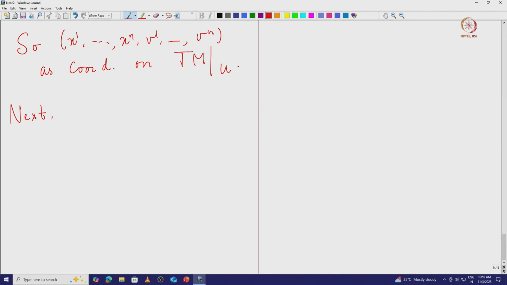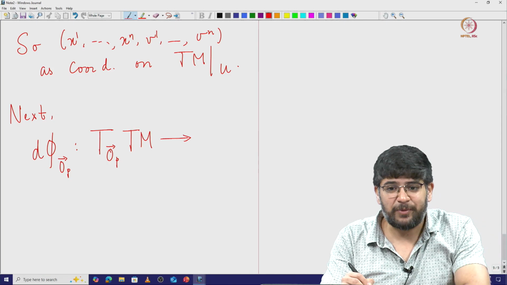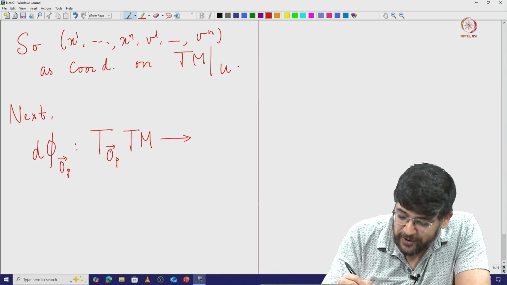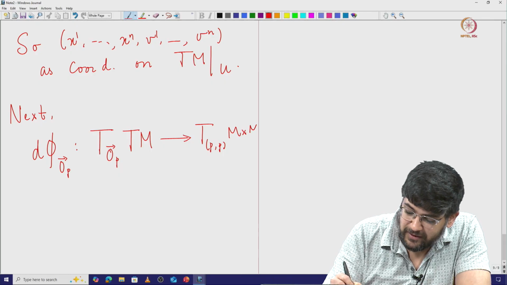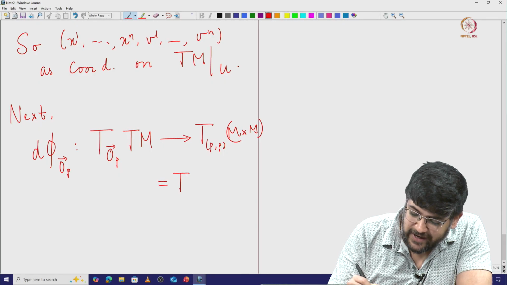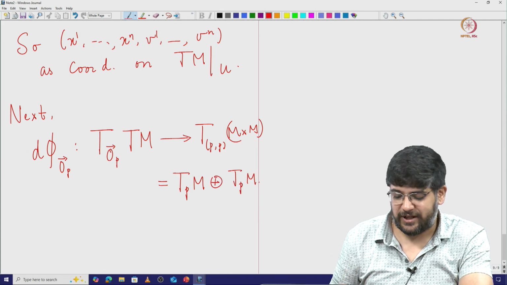Next, in order to apply the inverse function theorem, I need to prove that the derivative at 0_p is invertible. So what is the derivative map? That is basically a map from the tangent space to the tangent bundle to the tangent space to M cross M. What is the tangent space to M cross M at (p, p)? Well, that is just the direct sum of the tangent space at p,